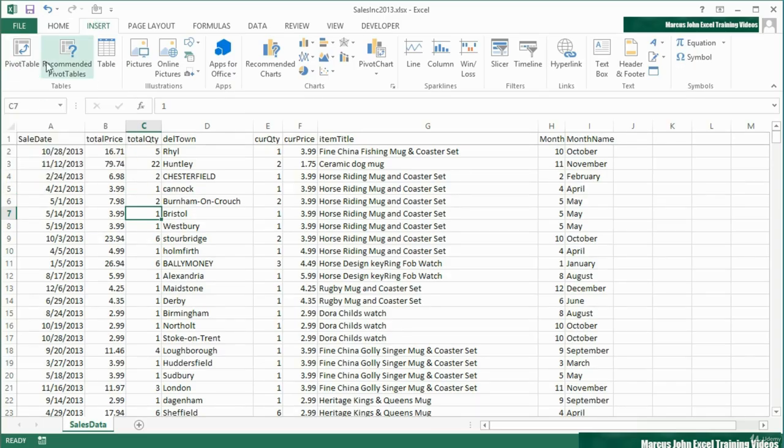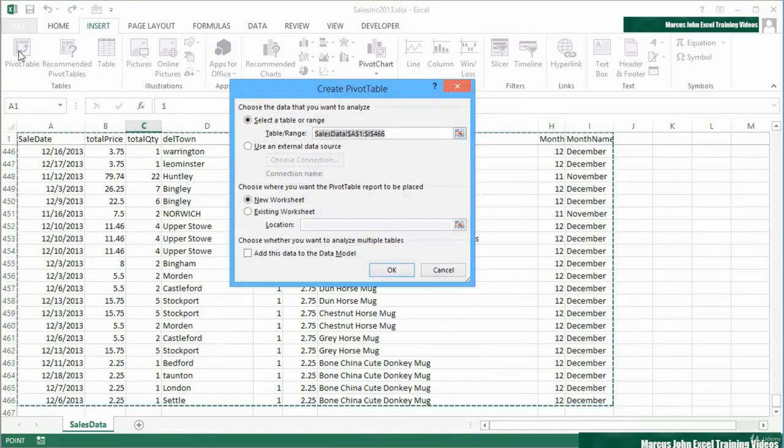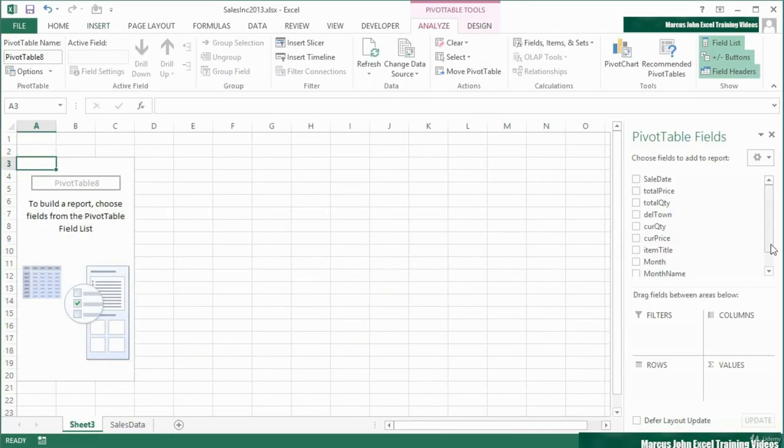We're not even going to go with the recommended ones this time. So I know what I want. It picks up the data for me, and it's going to place this pivot table in a new worksheet. That's fine. Now what I want it to do is have each of the items that we sell as a